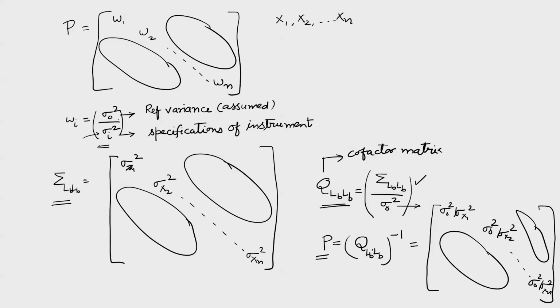Secondly, I have derived a major advantage here. The major advantage is, by taking this ratio, I need not consider sigma i square, because sigma 0 square is a reference variance for unit weight, and as a result, if I take the ratio of these two, I can find out what is the weight of an observation. For example, if I say observation number 1 is 1.5 times better than some other observation, and that other observation has unit weight 1, then this observation should have a weight of 1.5 because it is 1.5 times better than this. So, it is 1, then it is 1.5. That is the idea, and that I can establish by taking this ratio.